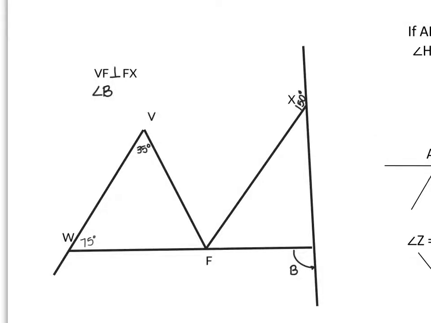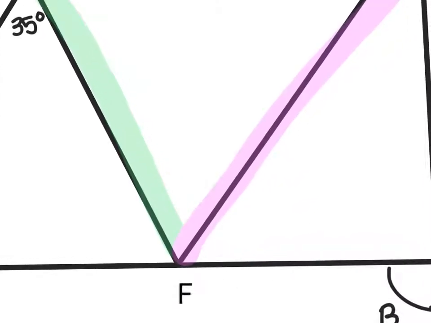Alright, so let's talk about some angles. So first, I have this diagram right here, and I have VF is perpendicular to FX. So that's saying that VF, which is going to be this line, is going to be perpendicular to FX, which is this line. So if it's perpendicular, I know that in the corner is going to be a 90-degree angle